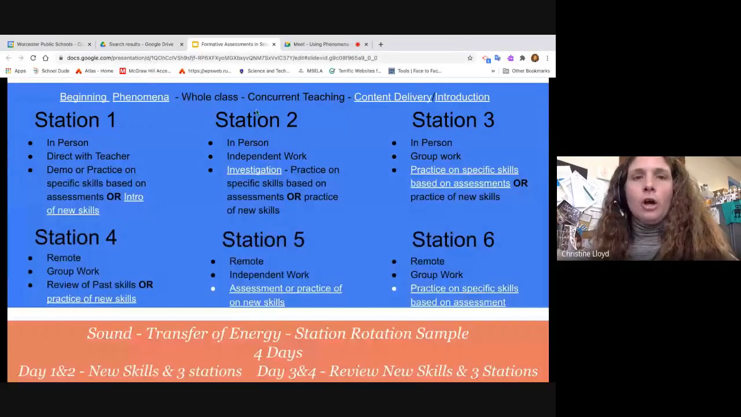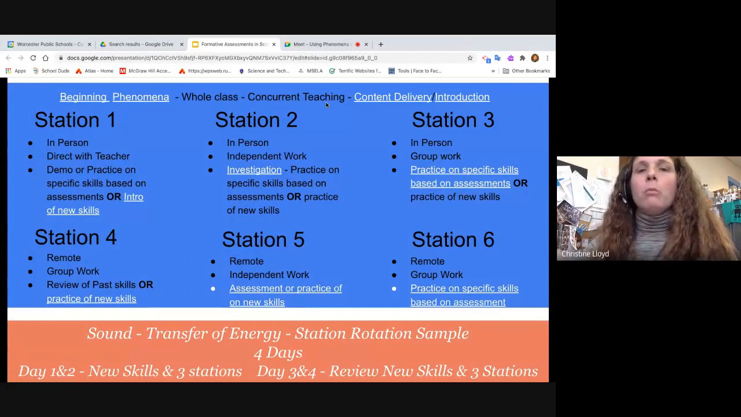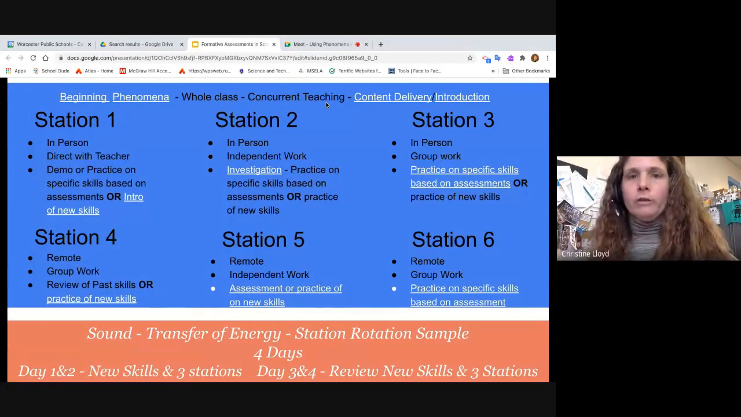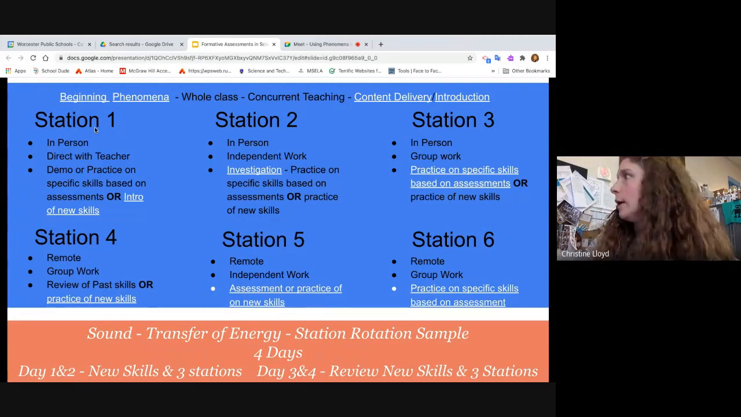So again, you would start with the whole class. I've seen people calling the morning meeting their concurrent teaching time. That means that kids at home and kids in front of you are hearing the same thing at the same time. Then what you might do is, let's say that Jeff, George, and Justine are in group or cohort